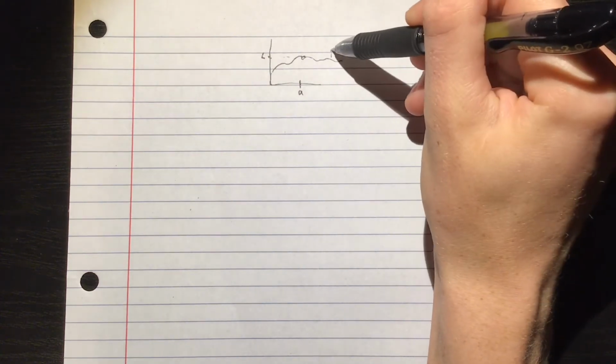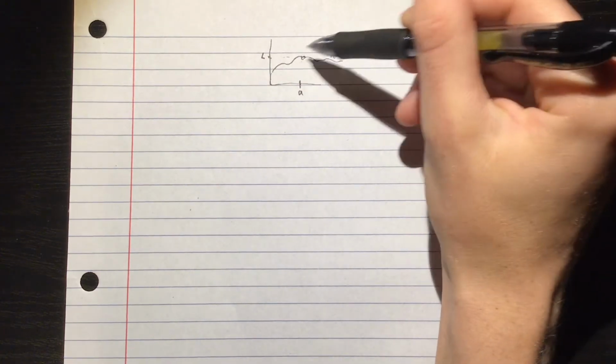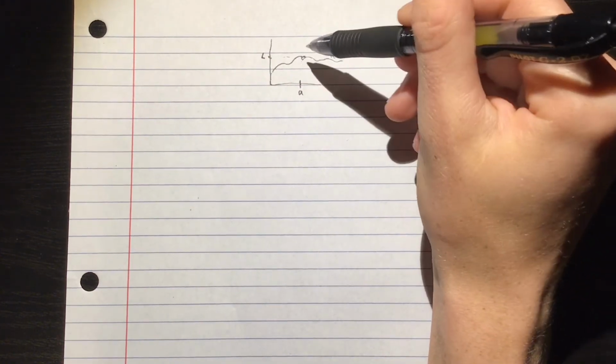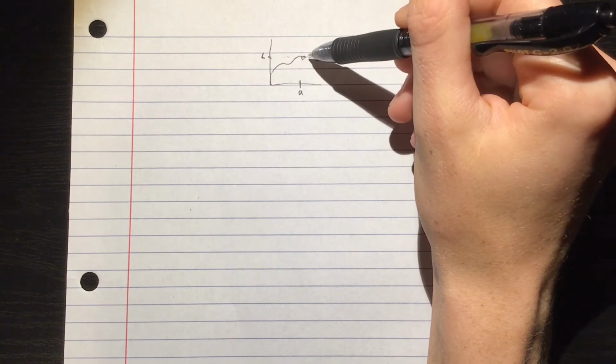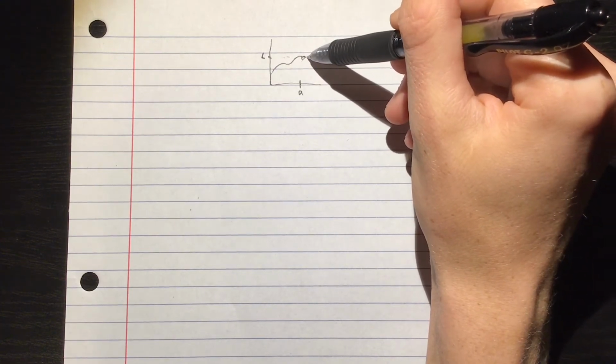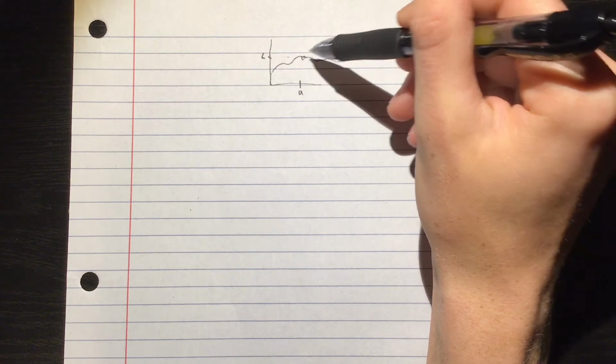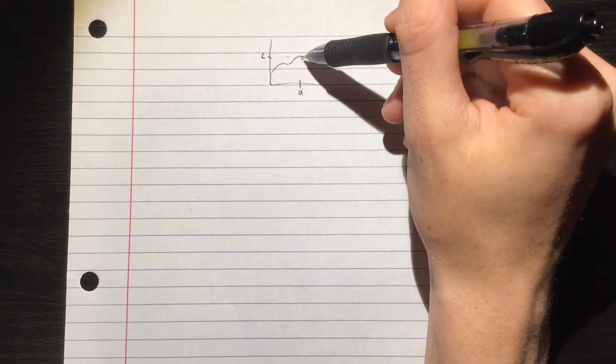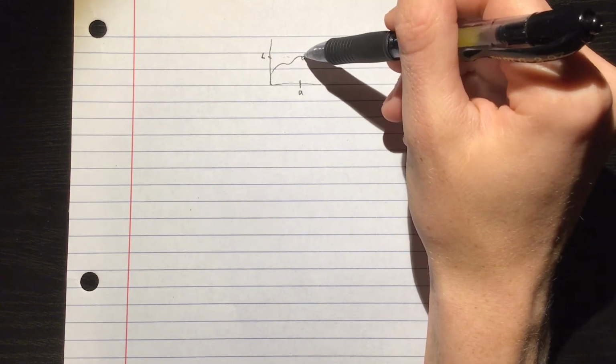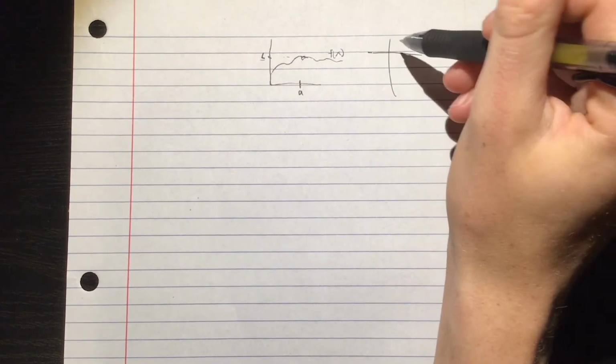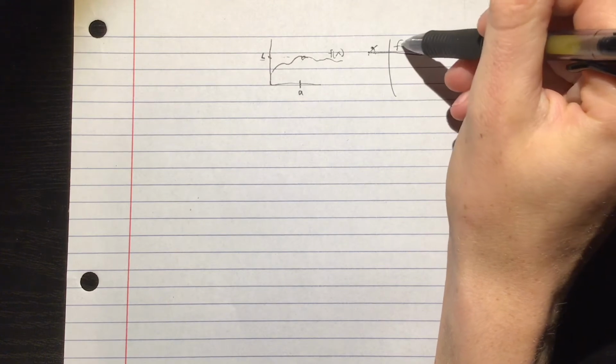f of x isn't defined at that point, but it still has a limit because you can visually see that these values, as you get closer and closer to that discontinuity, they're approaching y values closer and closer to L. The other way you could visualize that is if I had a graph of x and f of x,